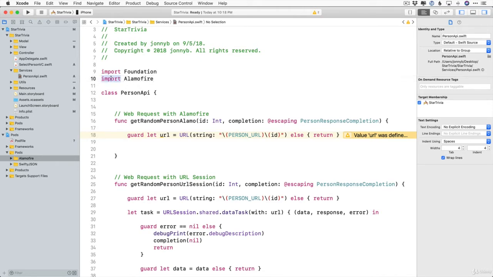You'll need to import the pod to use it, just like you would need to import UIKit or Foundation or Core Data or whatever library you want to use that isn't part of the standard Foundation or UIKit. All right, so then we can say